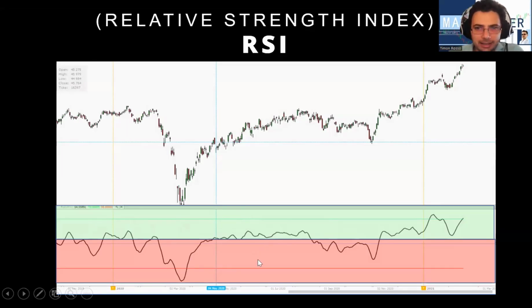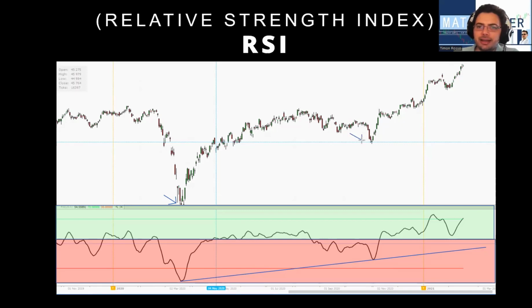We have the RSI indicator at the bottom and we have a price at the top. Where is the lowest low and what is the next low? This momentum is showing that the RSI is moving up in momentum. Then let's see what is going on here. So at this point, there's a low price, and at this point, there is a higher low. So what you can say is that there is a confirmation divergence, that there is bullishness in the market. So when the price of the RSI is moving up and the price of the market is moving up, there is a high chance that the momentum will continue, which is exactly what it did and looks good.